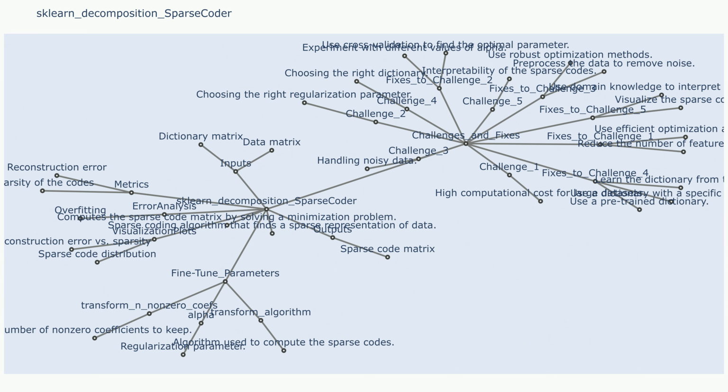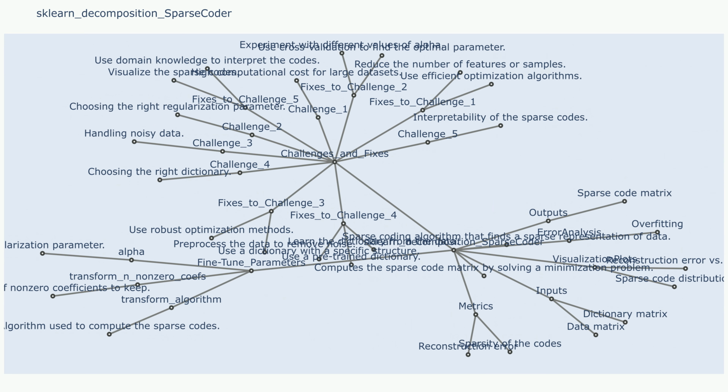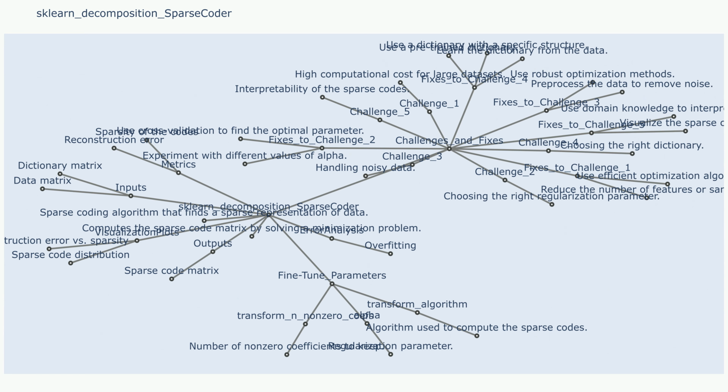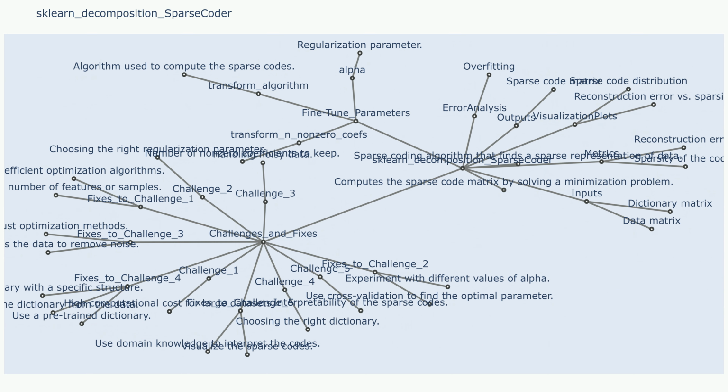Steps. The SparseCoder class receives a set of data points X and a dictionary of learned features. It then uses the orthogonal matching pursuit (OMP) algorithm to find a sparse code for each data point. The OMP algorithm iteratively selects the dictionary atoms that best explain the data point and adds them to the code. The sparsity of the code is controlled by a parameter called n_nonzero_coefs, which determines the maximum number of non-zero coefficients in each code.